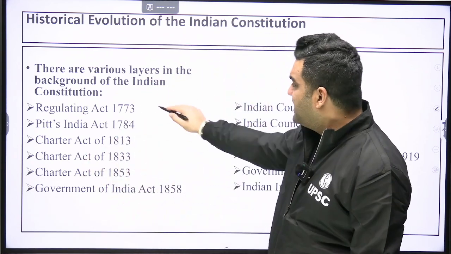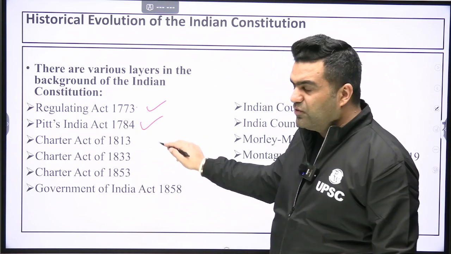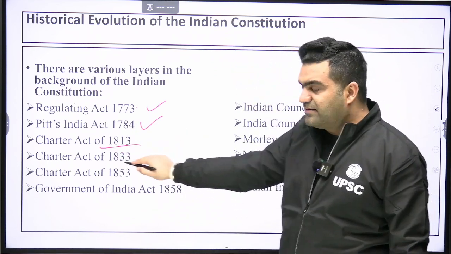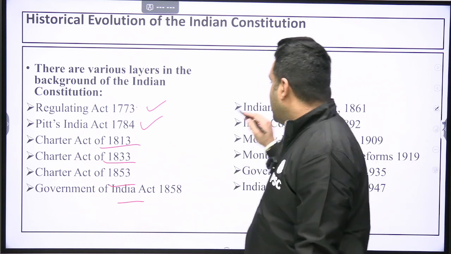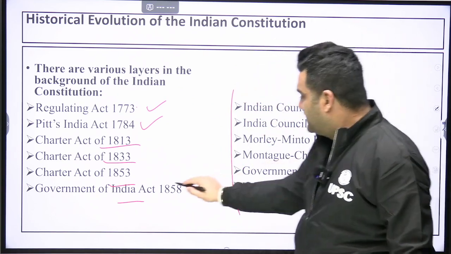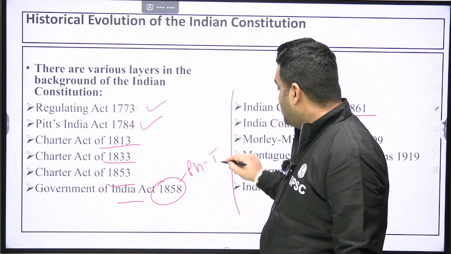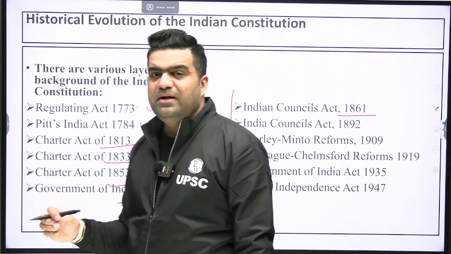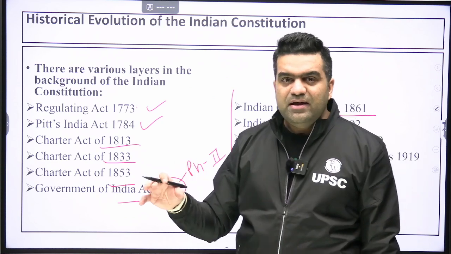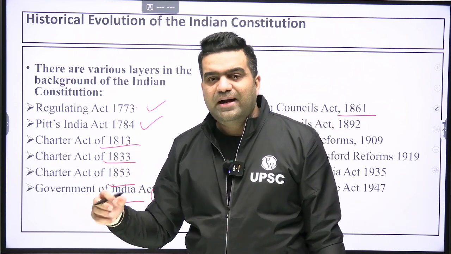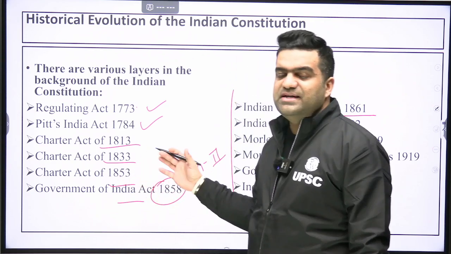Now see here, these are the acts again. Regulating Act 1773, Pitt's India Act 1784, Charter Act of 1813, Charter Act of 1833, then 1853, then 1858. Likewise, Indian Councils Act of 1861. Here onwards, phase 2 starts, that is the rule by crown. Okay, phase 2, rule by crown. When the British Parliament directly took over the control of Indian administration in its hands, gradually centralizing the control and appointing the Secretary of State for India, then Viceroy, placing Viceroy under him. Likewise, these changes were brought about.